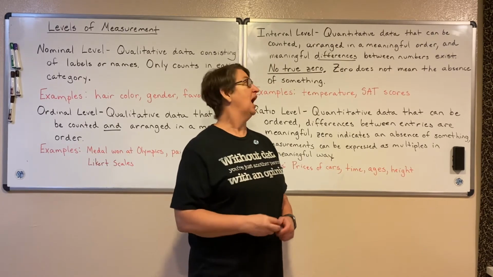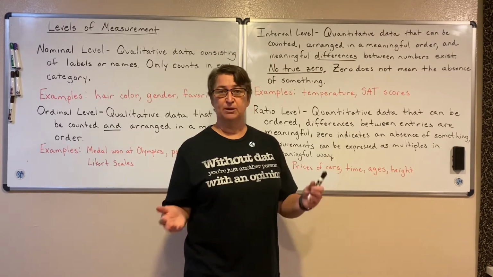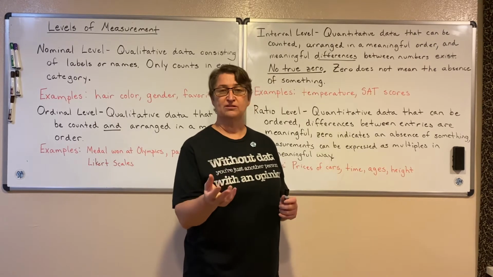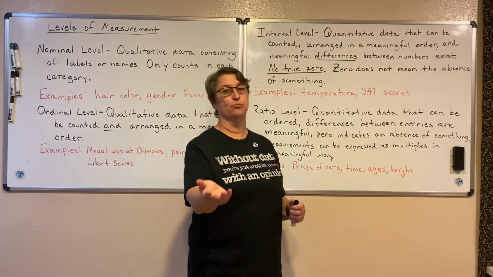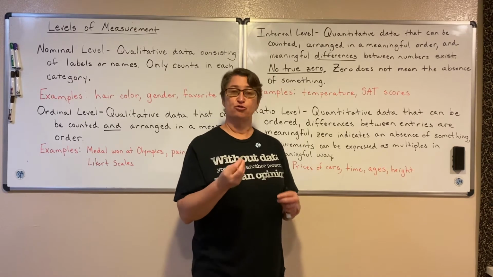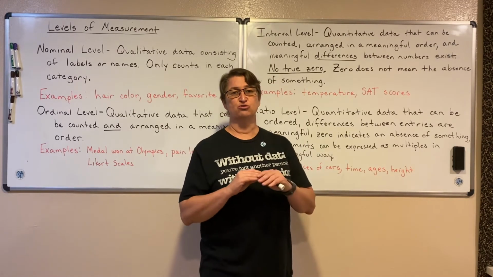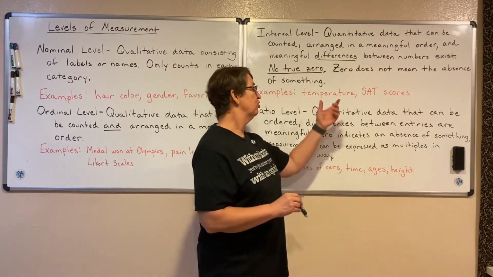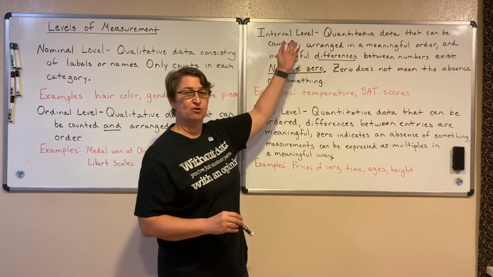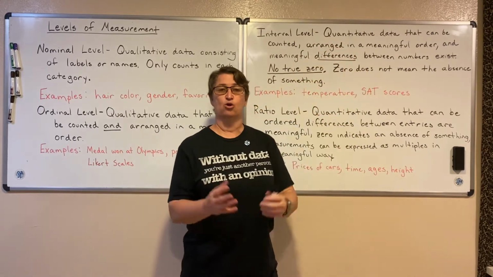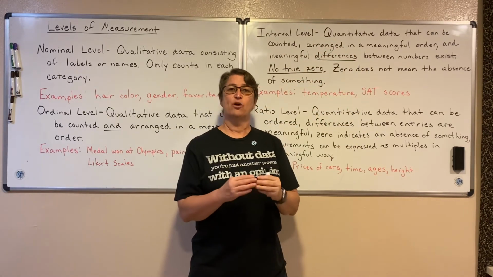And yet I can put them in a meaningful order. I can look at my SAT score and your SAT score and say yours is 100 points higher than mine. So there are meaningful differences between the two, but there's no true zero in those scores. So a lot of times our interval level of measurement is quantitative data or quantitative variables where the scale is